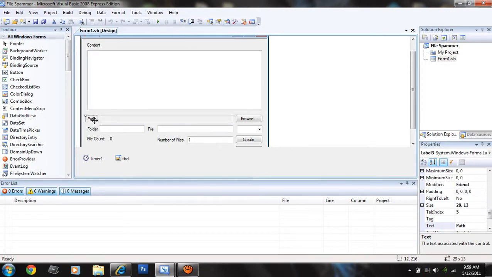Then you're going to want a label right here because it's the path. And then you're going to want this text box, and then just go over here and change it to read only true instead of false. It's usually so you can't type in there. And then you want a browse button. To make a button, name it browse. And then just 2 more